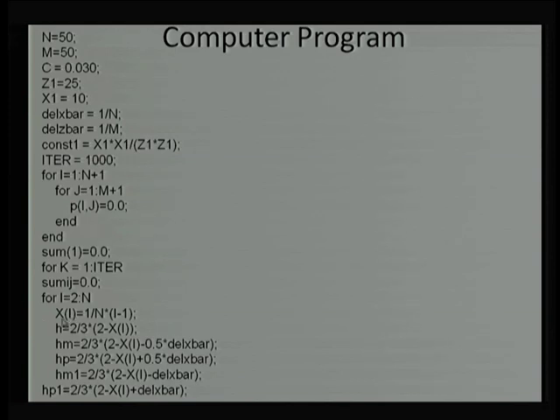So, this index when x I is equal to 0, it should give me the 0 value. Then x I 2, it should give me the del x, x I 3 it should give me 2 del x. As this number increases, that multiplication factor with the del x will increase. This is what has been shown over here. And once we know this x I at x bar location, we can find out the